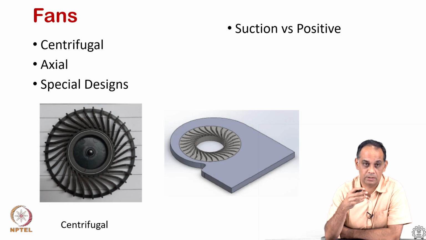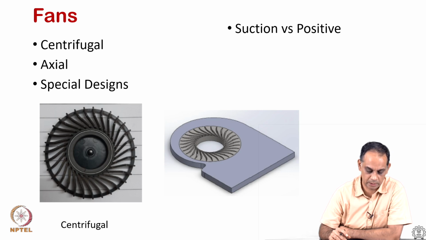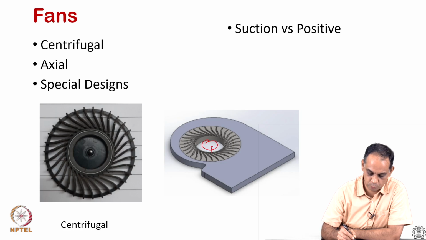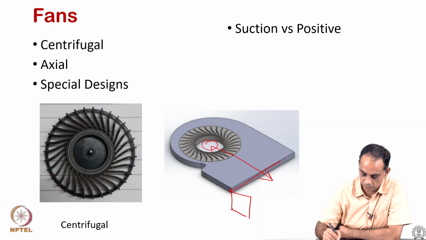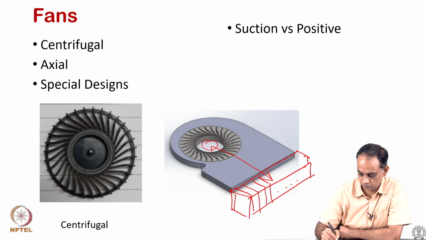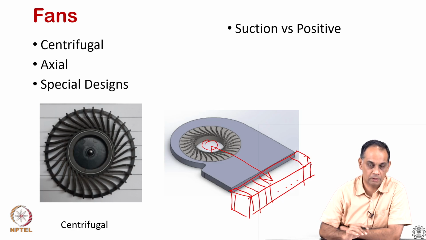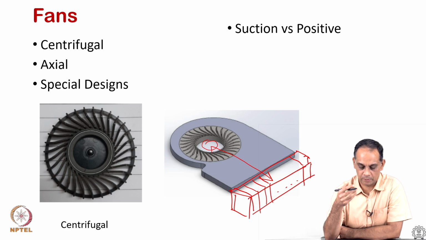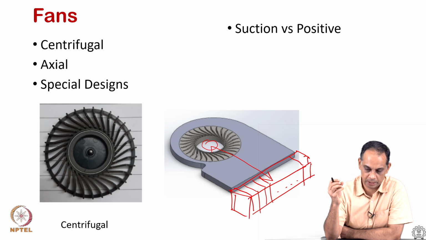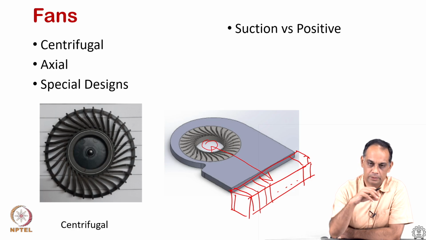Axial fans are used in servers, centrifugal fans are used in laptops, where air is pulled from the center in this case and pushed radially out, and this is where a heat sink is typically mounted, close to the vent, and air flows across these heat sinks. The fans, on the other hand, can be suction versus positive, and most of the laptops have a suction side where they pull air from outside through a screen or vent, and then push it across the